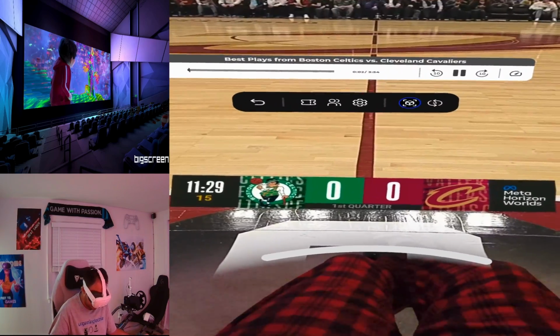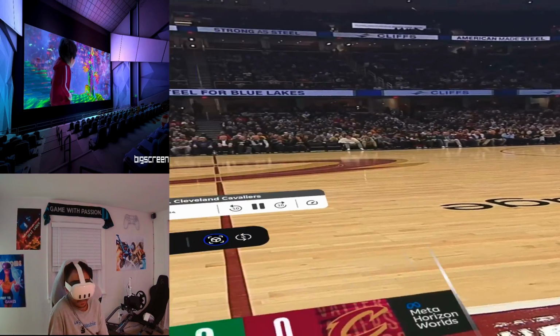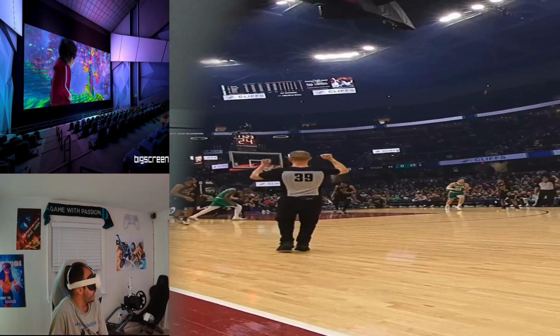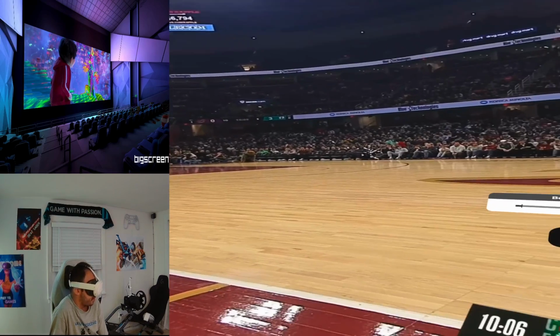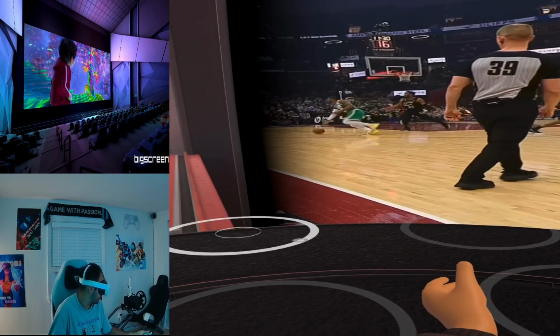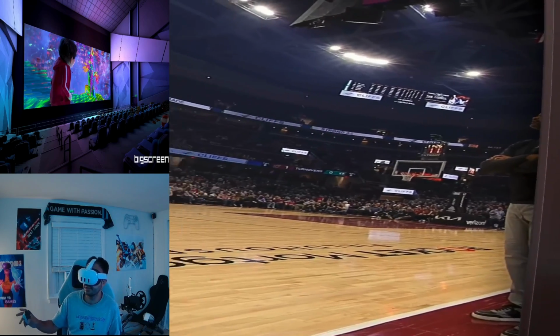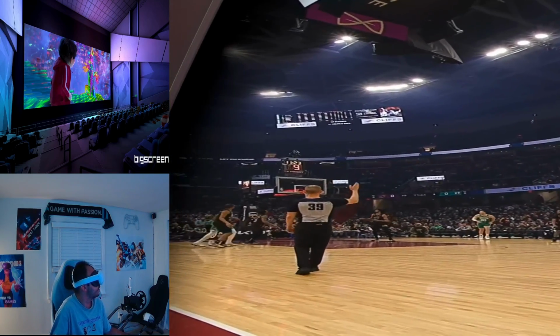You're sitting here in the middle of the seat, and here you are watching the NBA game right in front of you. And again, mixed reality mode that they added here recently puts you like you're in your house and you're watching it in front of you. You could obviously turn that off and then be fully immersed in these little areas that people are in. So it puts you in like a stadium, and you're just sitting here watching the game go on and stuff like that.